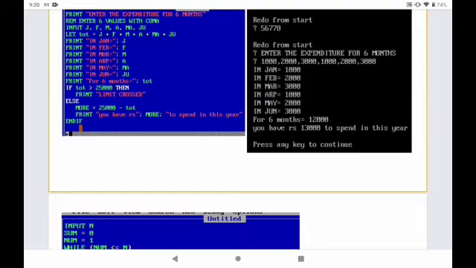No, it is only 12,000. Then it will deduct that 12,000 from 25,000, and the value stored inside the more variable will be 13,000. So your result will be: you have Rs. 13,000 to spend in this year. So this will be your result.